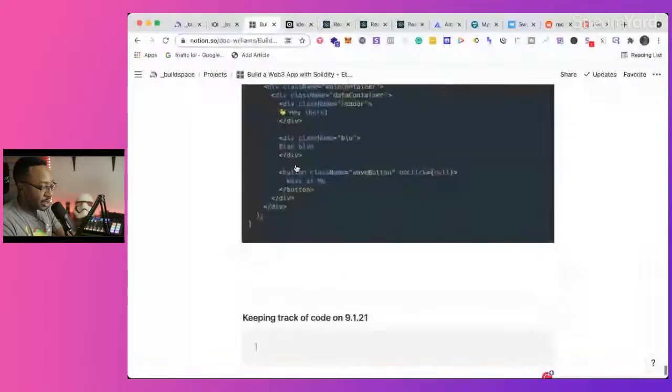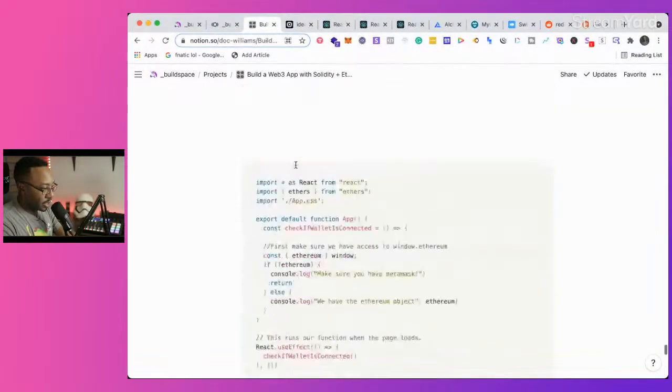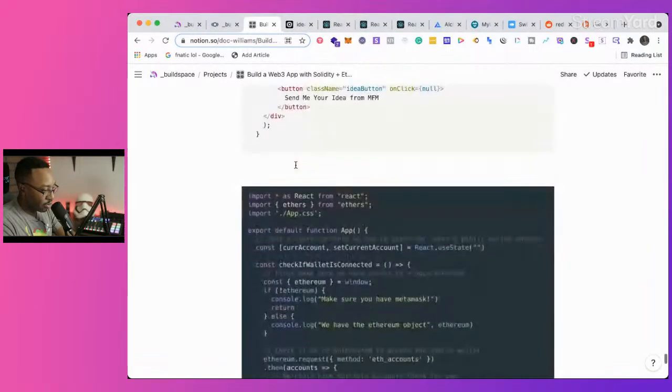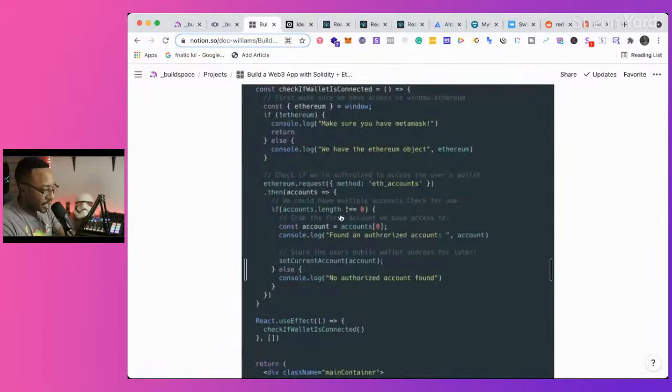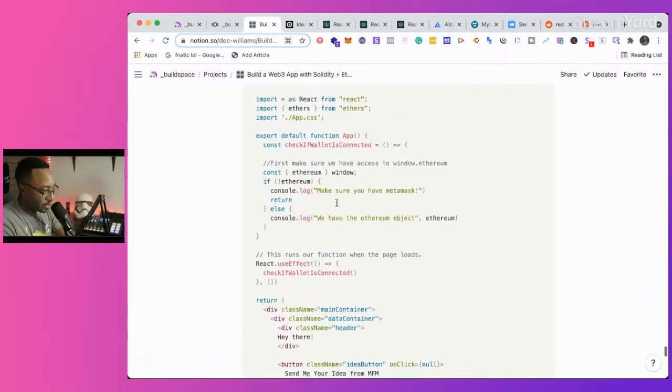So let's see here. I've got to add all of that. I have a lot of that already done, but it looks like I need to add this section where it talks about account length, those things. I've got to add this section. I bet it's that section. So let's see. Ethereum,